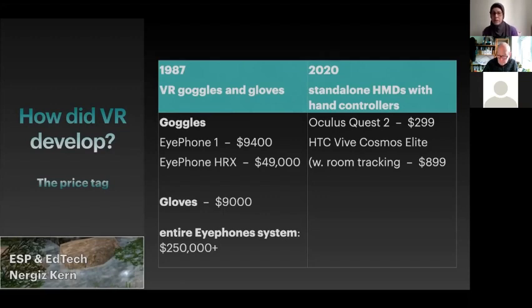And because the prices have come down, it's become a widespread technology, not quite like smartphones yet, but I think we're getting there. The Oculus Quest 2 was sold out around Christmas, and they are planning to sell millions of these.